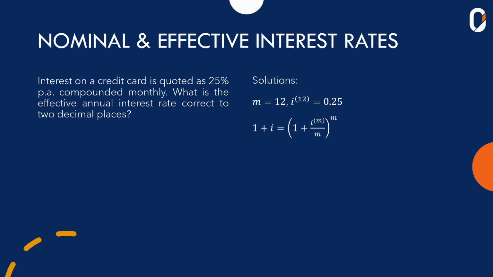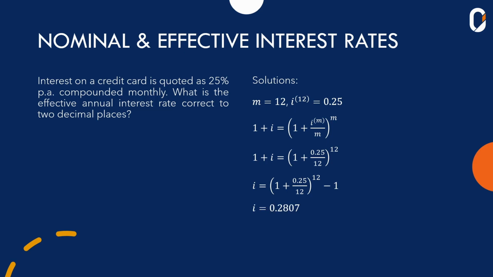Substituting in our values, we'll have 1 plus I is equals to 1 plus 0.25 divided by 12, all to the power 12. Making I the subject of the formula by moving the 1 on the left hand side to the right hand side and changing its sign, we'll have I is equals to 1 plus 0.25 over 12 to the power 12 minus 1, and that will give us I is equals to